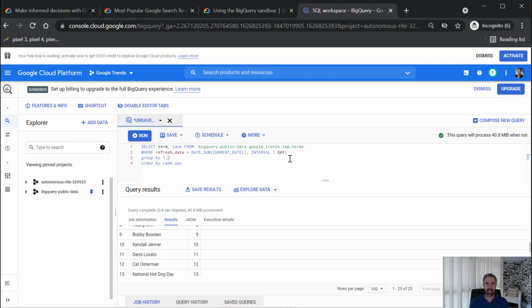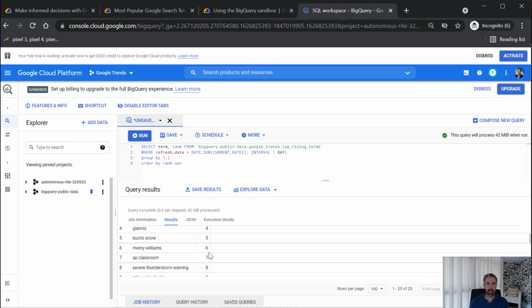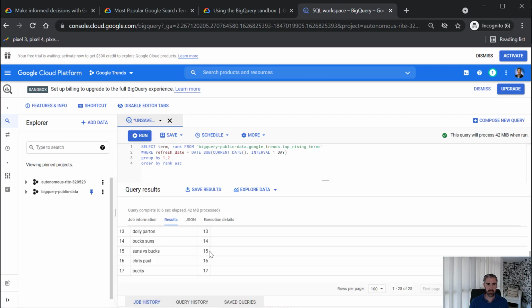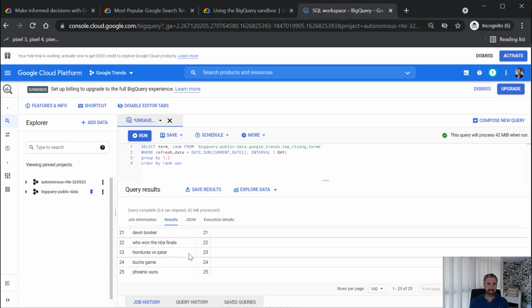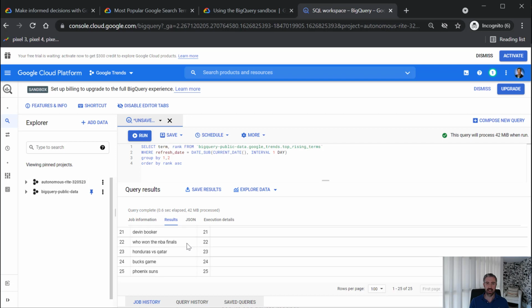This is pretty interesting. Let's see if we can get the top rising terms from yesterday. Here it is. These are the top 25 rising terms from yesterday. Honduras, Qatar. I assume that this is soccer, the Olympics. I don't know exactly what happened yesterday, so I don't know some of the topics,